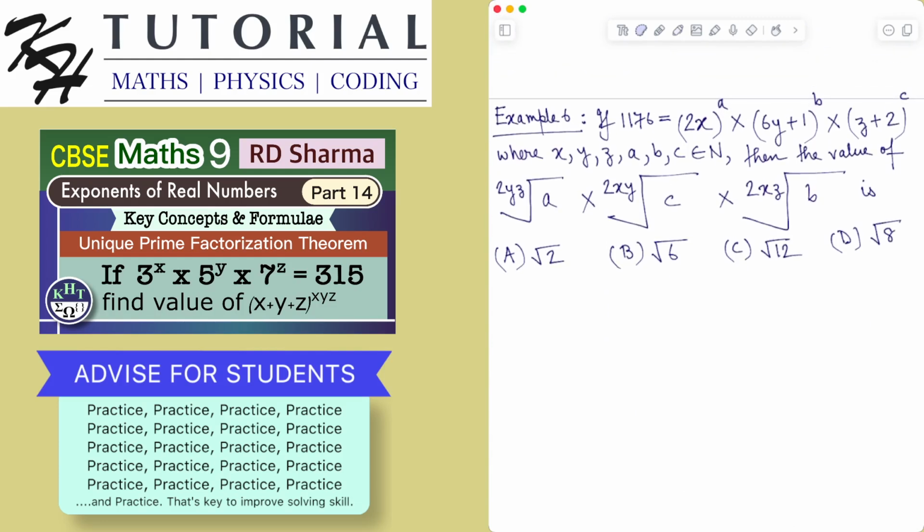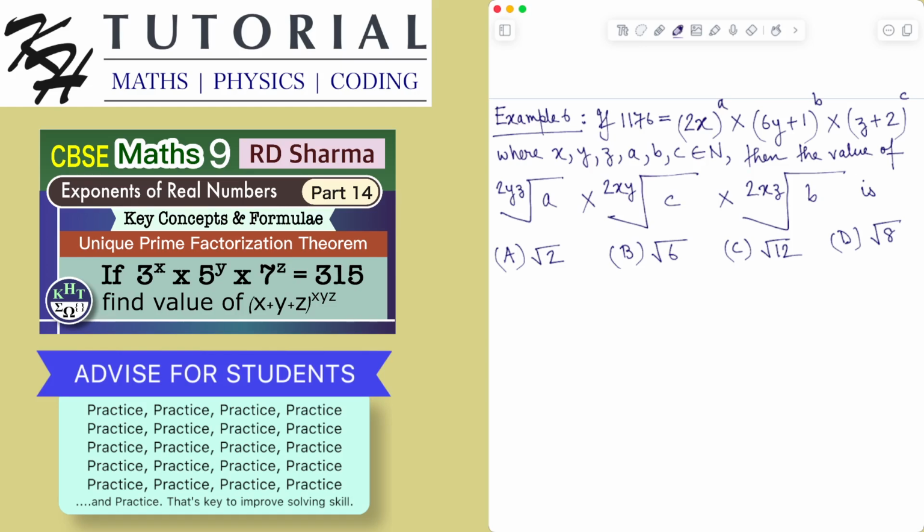If 1176 is equal to 2x to the power a multiplied by 6y plus 1 to the power b multiplied by z plus 2 to the power c, where x, y, z, a, b, c are natural numbers, then the value of